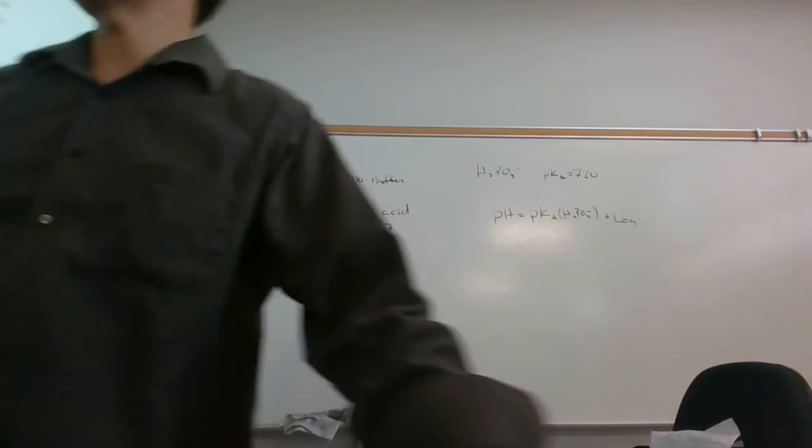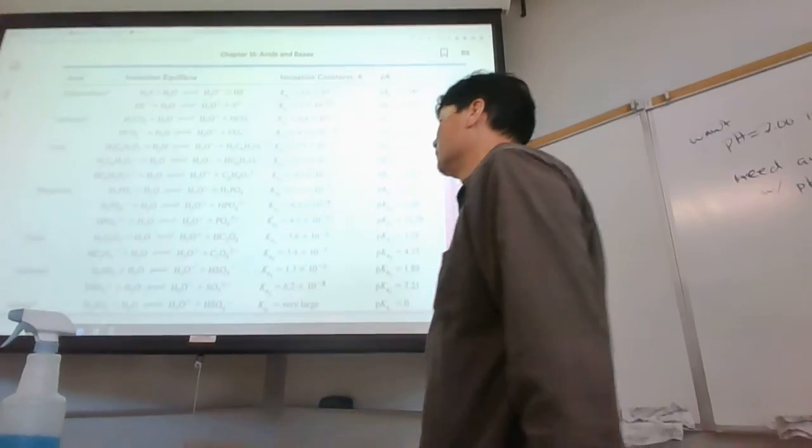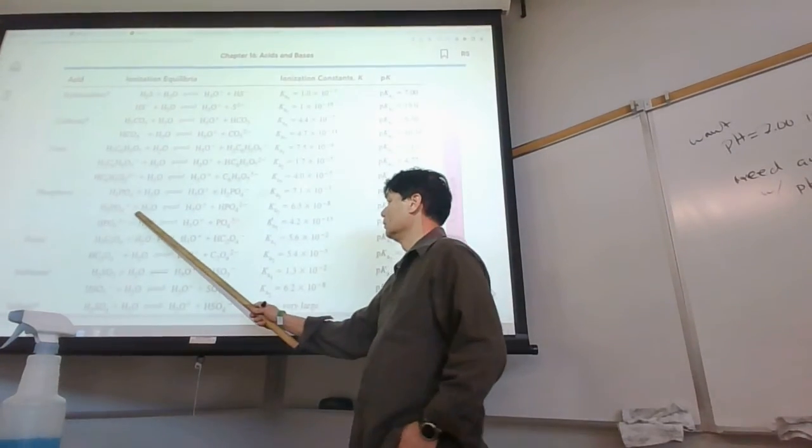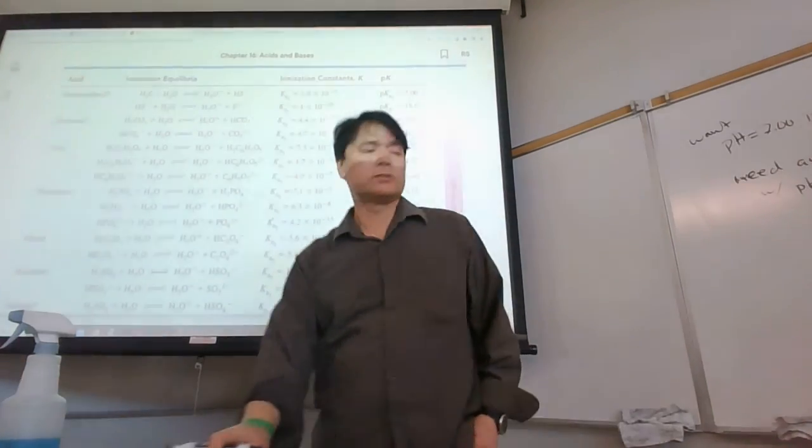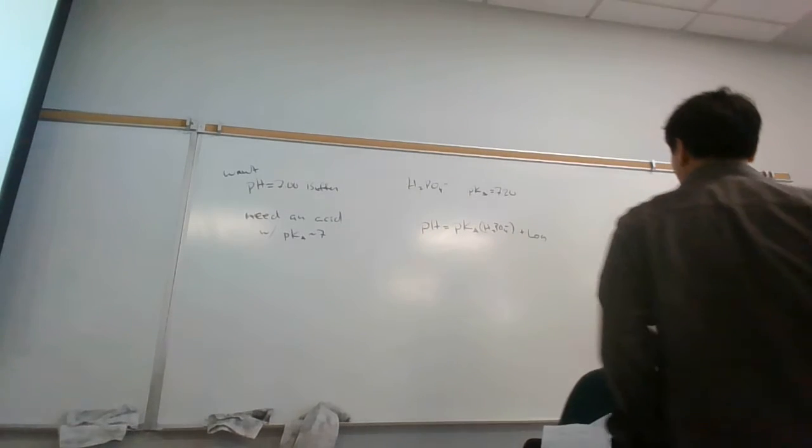So the conjugate base of dihydrogen phosphate. That would be the HPO4 2-. Yeah, this would be the conjugate base. And so that would be the log of HPO4 2 minus